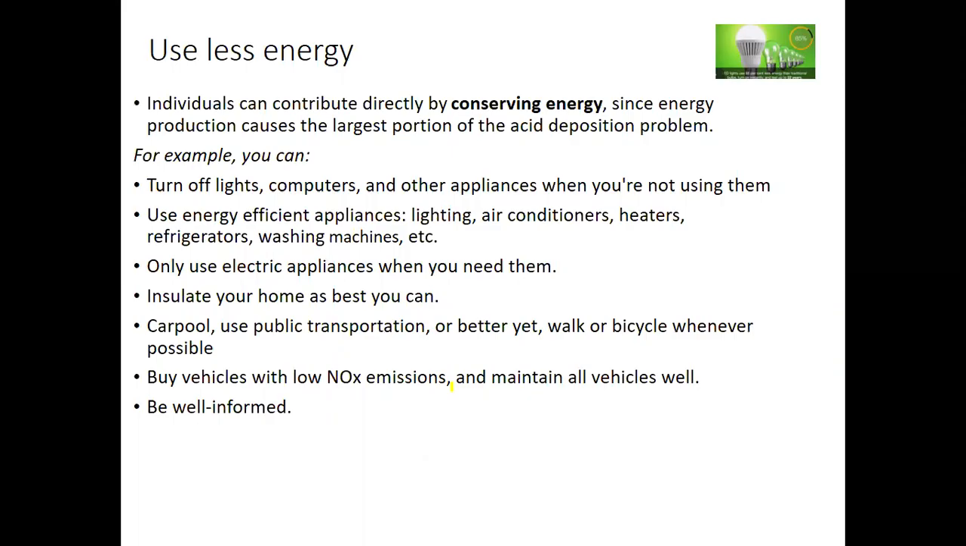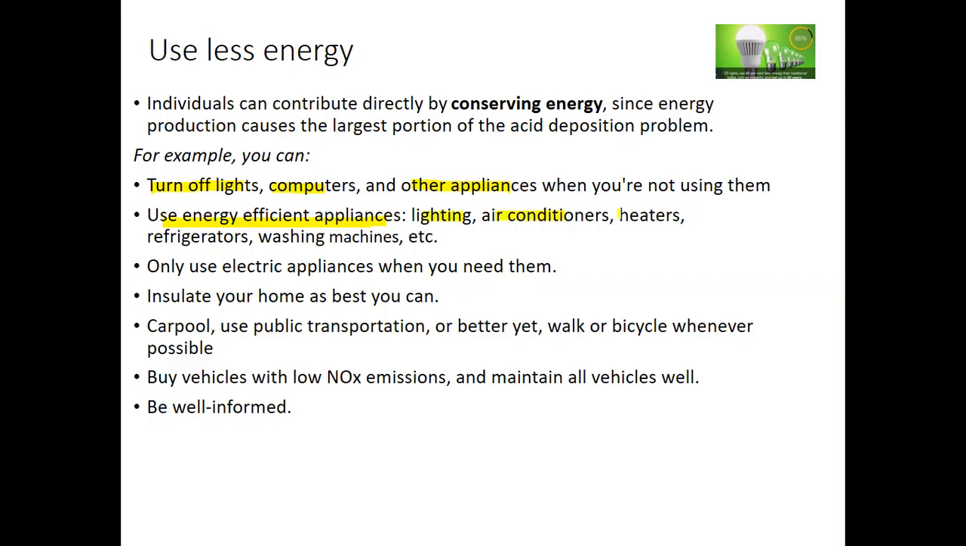So when you talk about using less energy, we can say an individual can contribute directly by conserving energy. As an individual person, we can reduce the forming of acid deposition by consuming less energy, since energy production causes the largest portion of the acid deposition problem. So as an individual, we can turn off lights, computers, and other appliances where we are not using them. Then we can use energy efficient appliances like